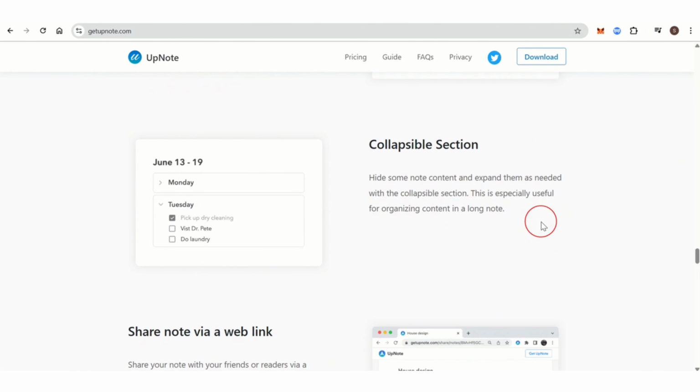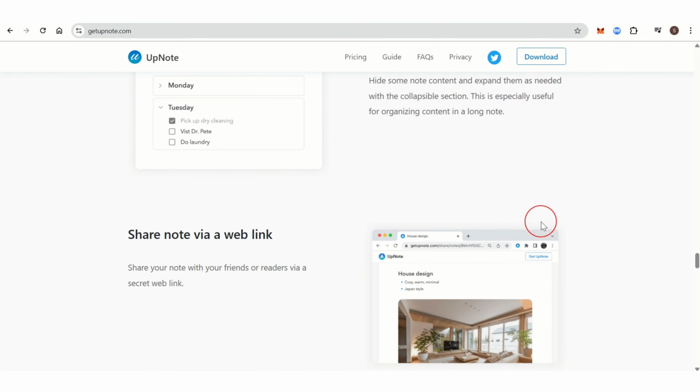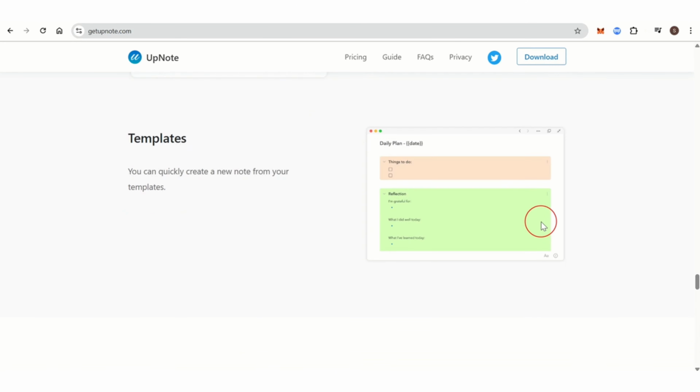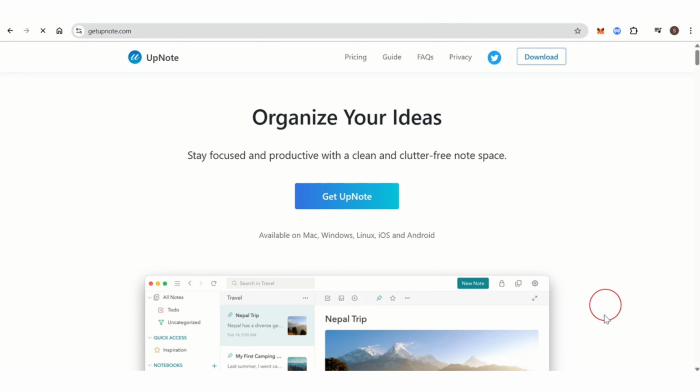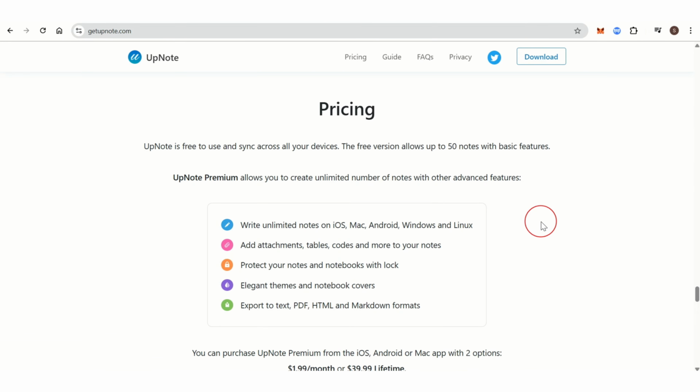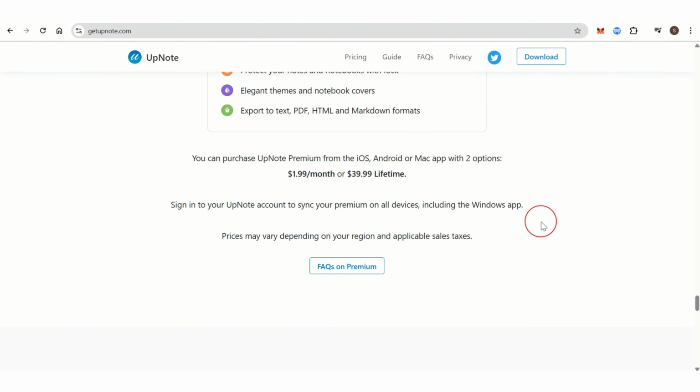Share notes with others using a simple link, read-only access, and a built-in web clipping tool to save articles and web pages directly to your notes. For security and privacy, end-to-end encryption for data privacy, full text search capabilities across all notes and tags. Detail of the pricing plan of UpNote: the free plan is limited to 3 devices, 50 notes, basic note-taking